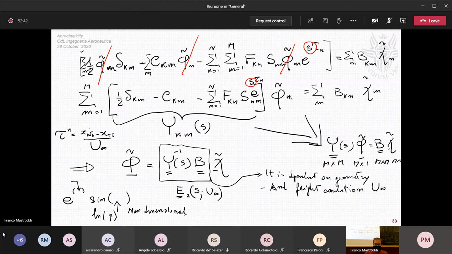Okay? Therefore, S tau is nondimensional, of course,